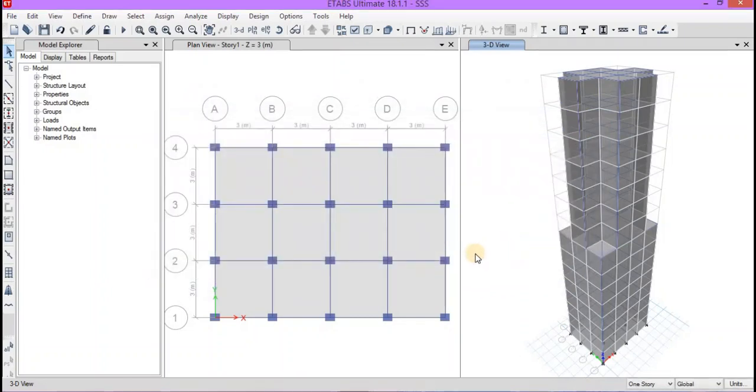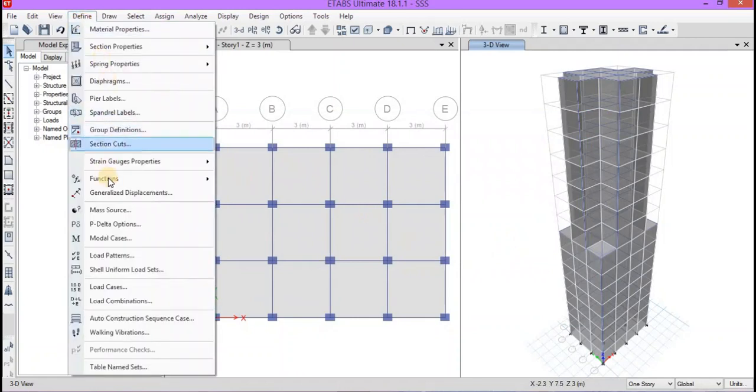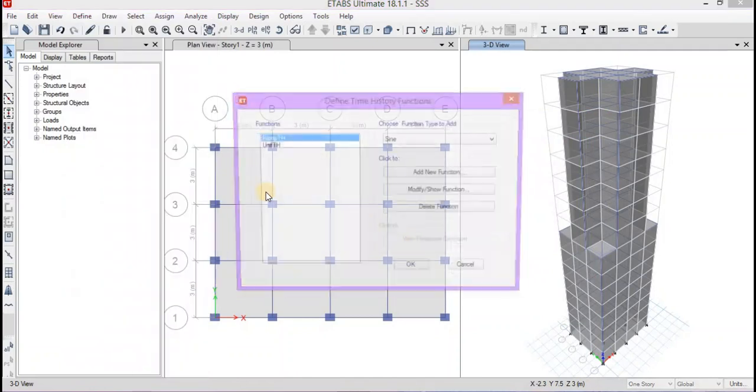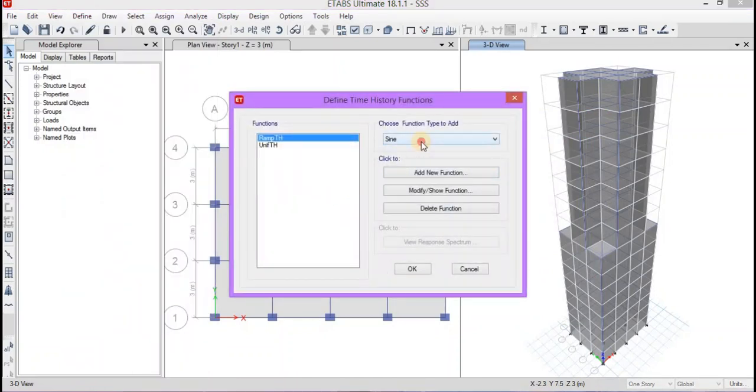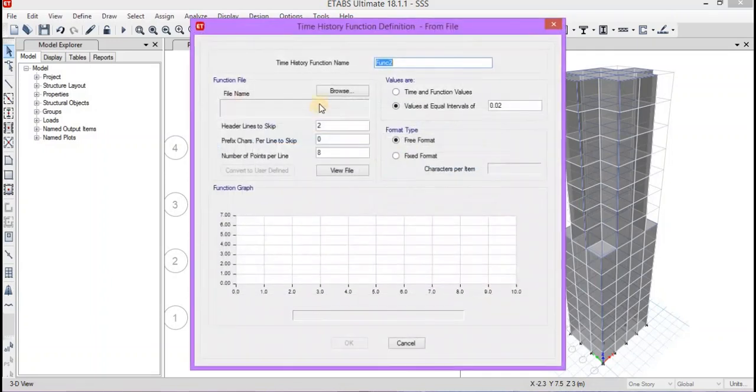Now what we'll do is we need to add the seismic time history function. For this we'll go to define, we'll go to function, we'll go to time history. Okay, now choose the function field. We will browse from our folders the time history data. So we'll add new function and we'll name it as time history.